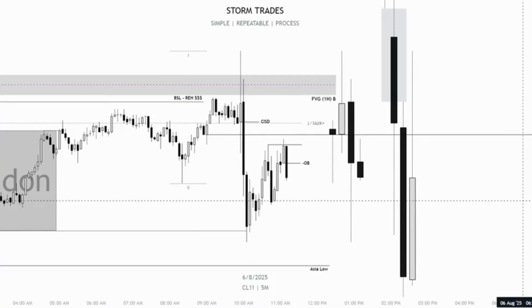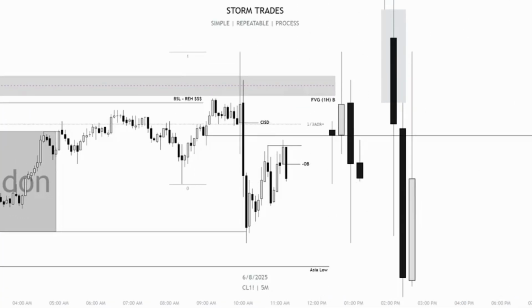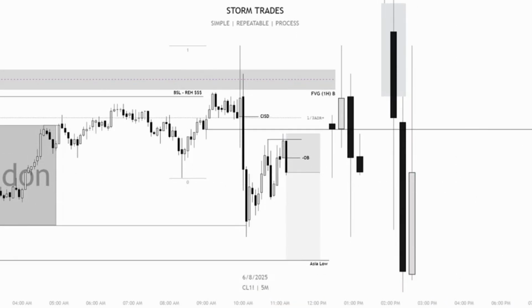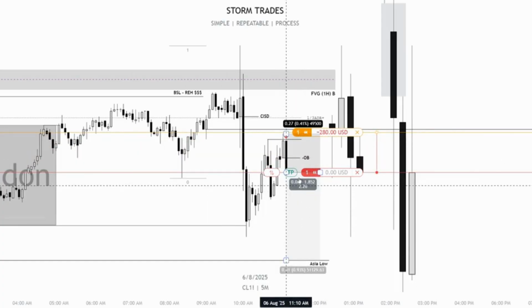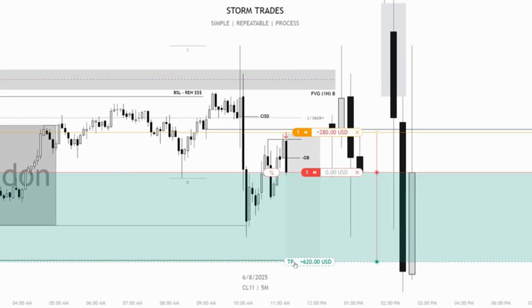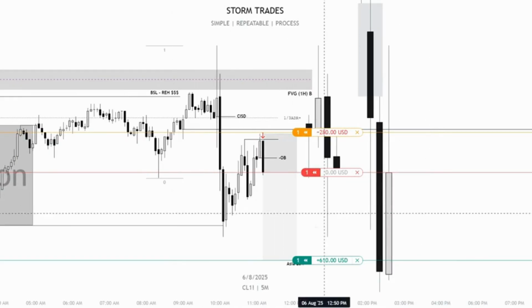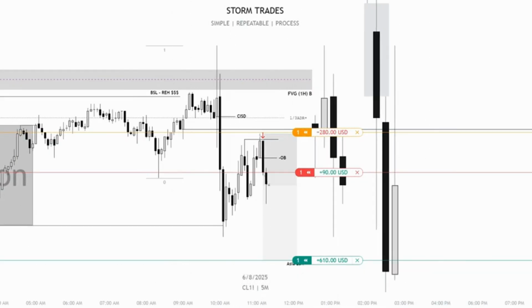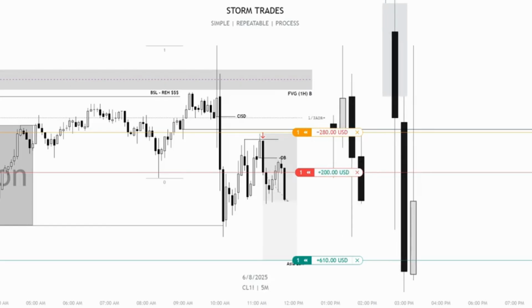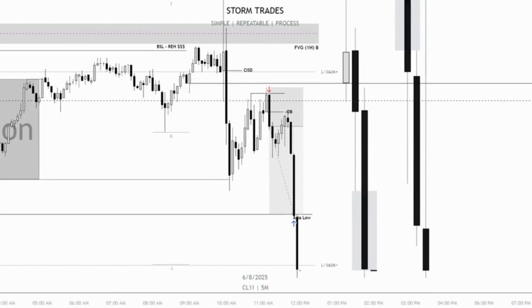I want to go down to sell side. In that case, I got involved right there at the candle close. Stop at the swing high. I will go ahead and simulate this right now. I'll put a sell order here, stop loss above that swing point, and take profit at the Asia low, which also happened to be a little over 2R trade. All right, so let's move price forward here, and not really much drawdown at all,